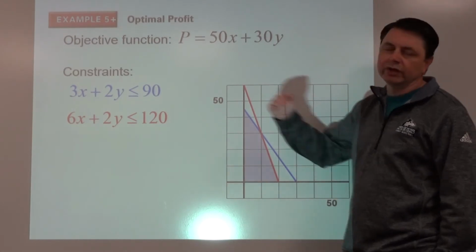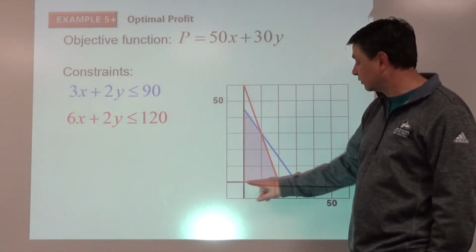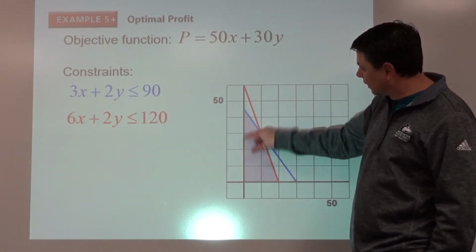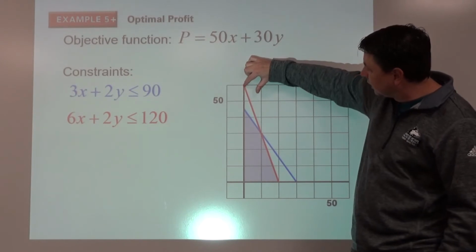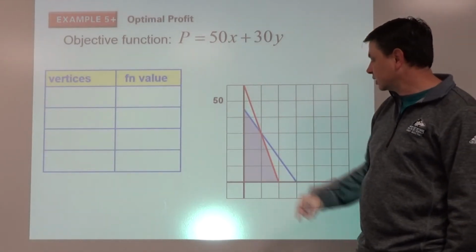So there we go. If we also put in x is greater than or equal to 0, y is greater than or equal to 0, here are our vertices. It's like all of these fairly easy to see. Definitely not going up here. That's not in the shaded region. We are here. So our vertices: 0, 0,